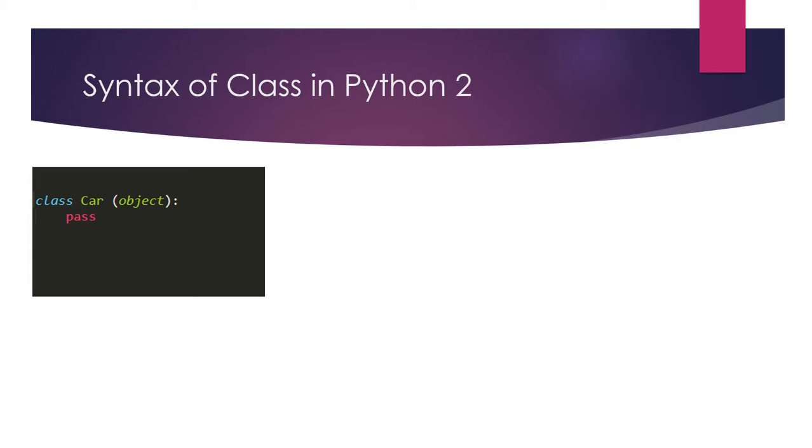So firstly, I would like to show you the syntax in case of Python 2 or the version prior to Python 3. Over here, a class is simply defined as the class keyword followed by the class name, and then you have a parenthesis inside which you have an object argument, and it was mainly used for inheriting from the parent class. And then you have a colon, followed by a series of statements that